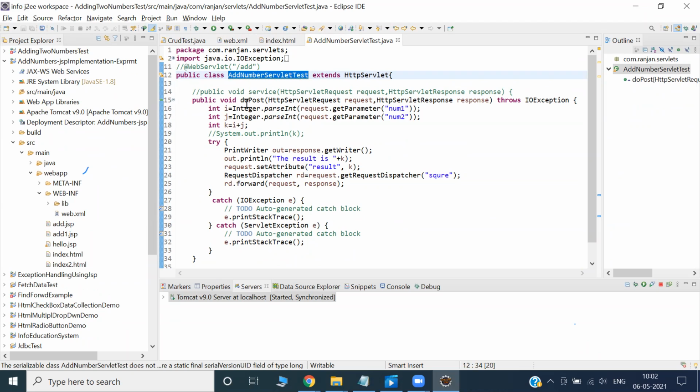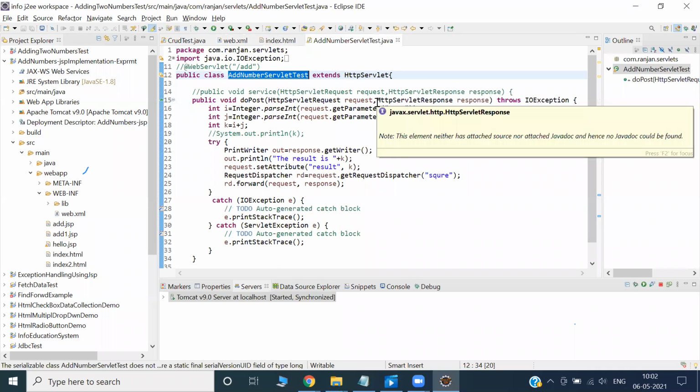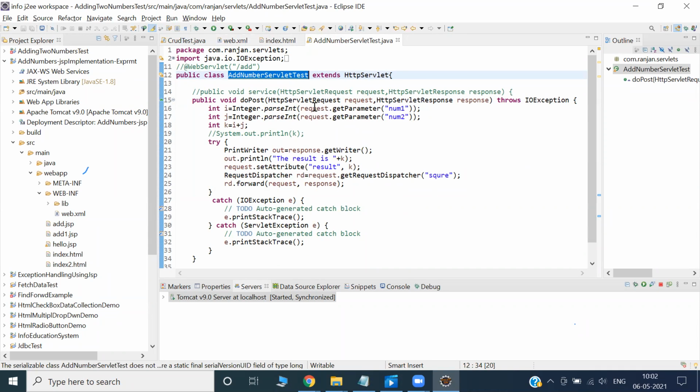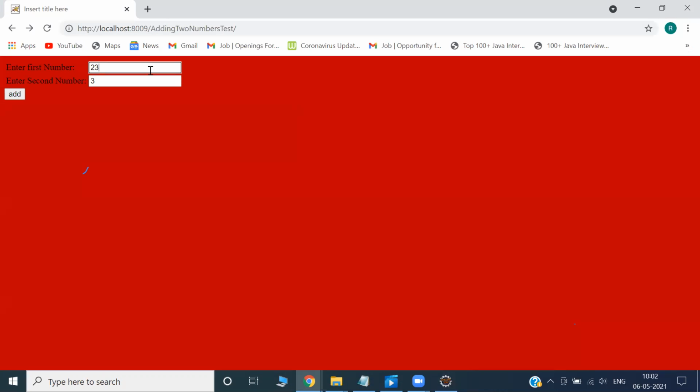So what am I collecting? Sometime back I was telling you there's a request object collecting all the information. This information is collected here. It got carried and reached here. Finally, who is collecting? The request. Number 1 and number 2 are collected and stored in I1 and I2. Now I'm doing all the business operation here. Don't you think it's logic? It's small, but it's logic. It's adding. Now if you intentionally put E in place of I and J, who can tell me what will happen?